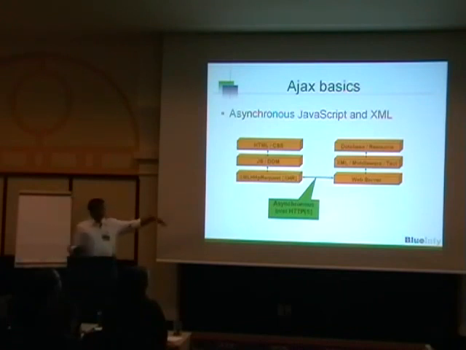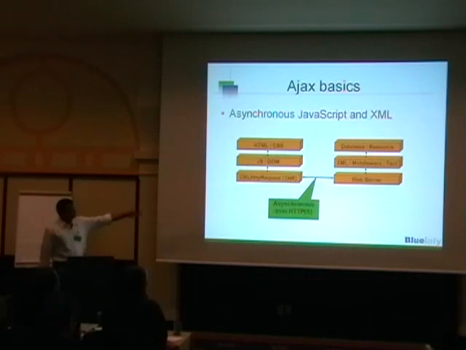XHR has a capability: from a traditional browser you can't make socket calls, but you can imagine that XHR is essentially your synchronous or asynchronous socket call, which you can make using the same origin policy. So as long as you are following the same origin policy, that is fine. You can make that call. So XHR will make a call, which can be asynchronous or synchronous, to a web server. Then the web server will talk with your XML, middleware, text, whatever, and then it will grab your database and resources and funnel them back.